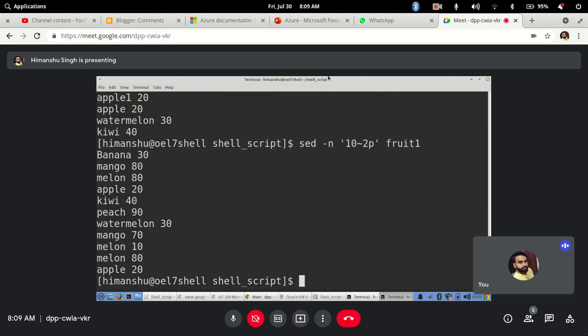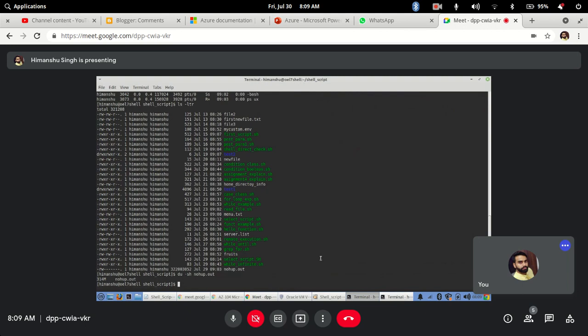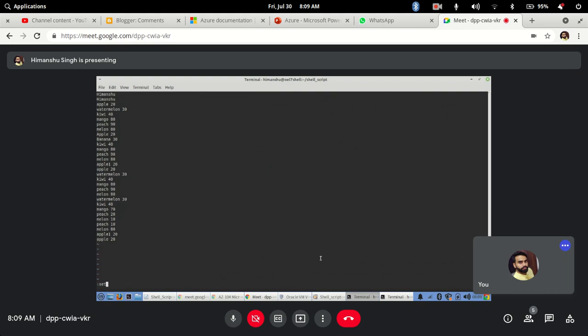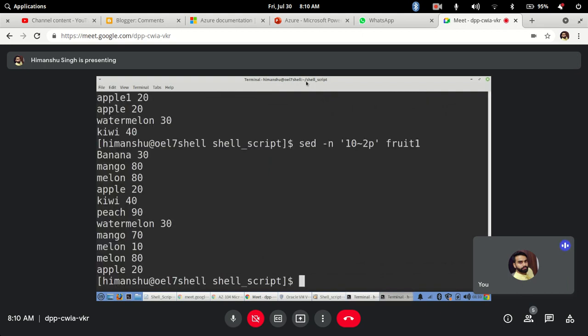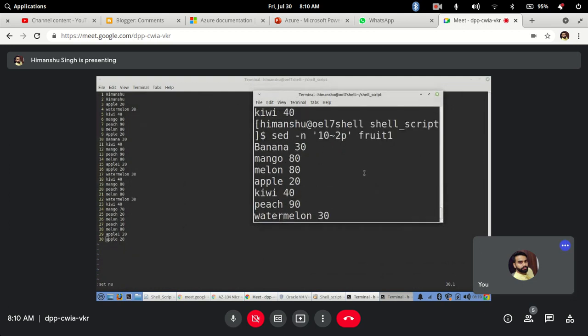So what it will do, if you see the 10th line in this file, I will open it parallelly here. Fruit1 set new, so line number 10. It has started from line number 10, which is what we wrote in the command.